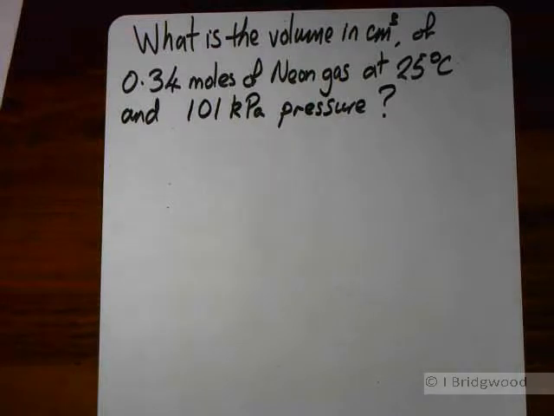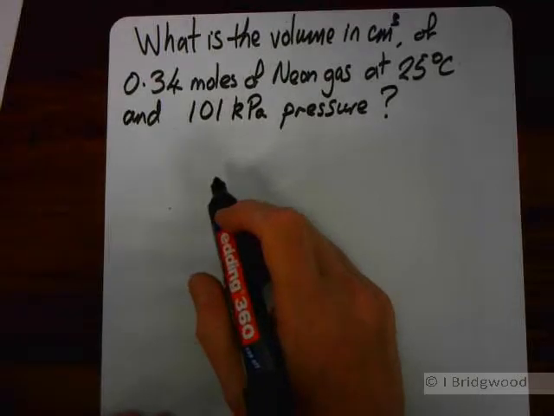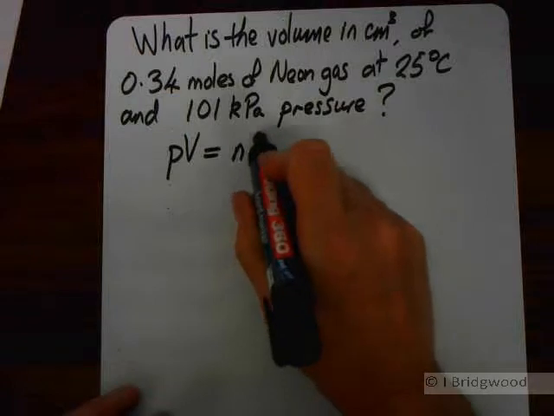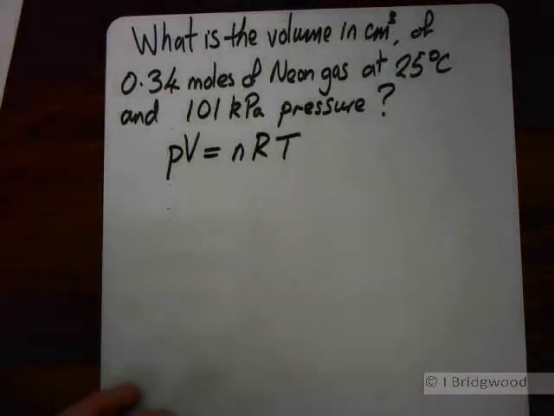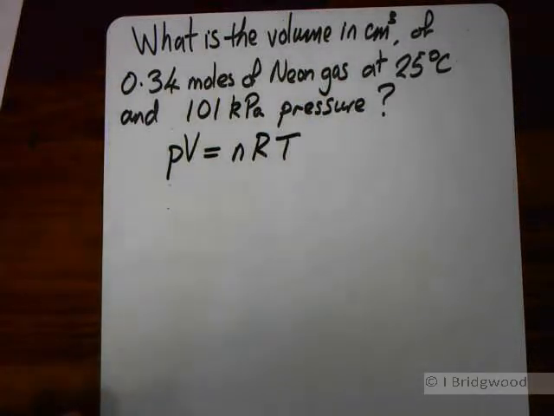So, our problem now. What is the volume in cubic centimetres of 0.34 moles of neon gas, 25 Celsius and 101 kilopascals pressure? This is a problem for the equation PV equals nRT. We've got a lot to do here, because in a lot of the cases of the values that we've got,